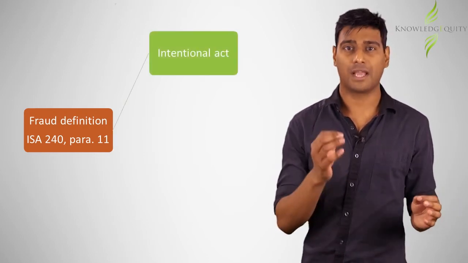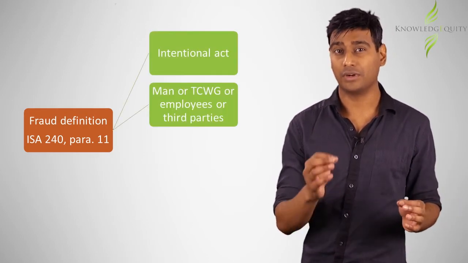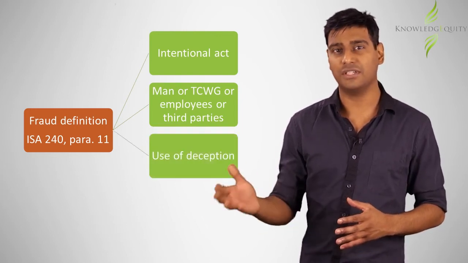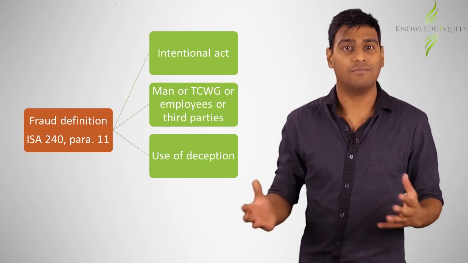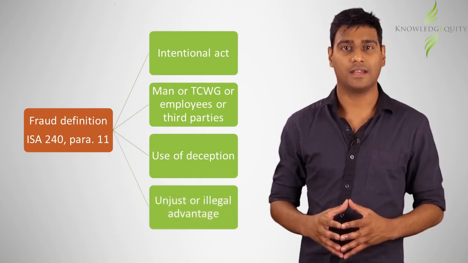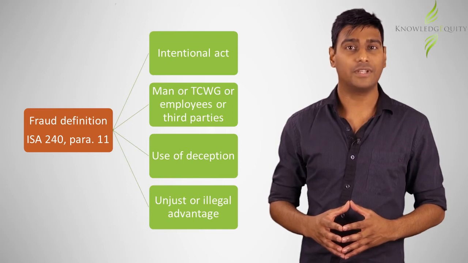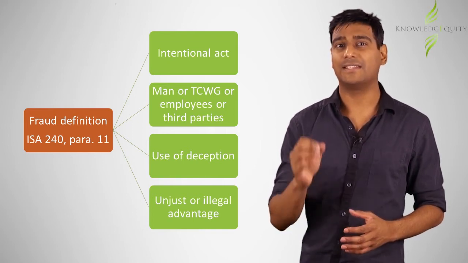The 4 criteria to our definition would include an intentional act by a person working with or related to the entity who employed some sort of trickery or dishonesty and received some form of unfair and undeserved gain or advantage. So fraud is characterized by the fact that it is an intentional act. This means it is deliberate, planned, and/or premeditated.